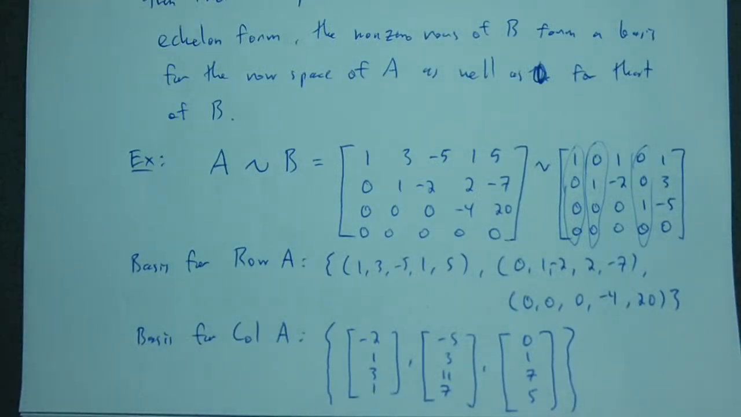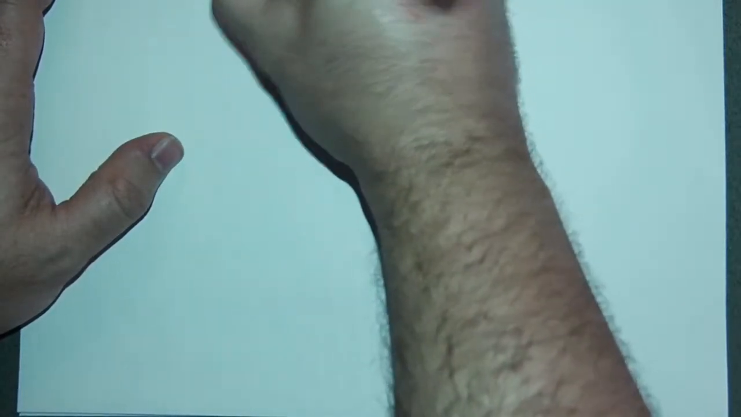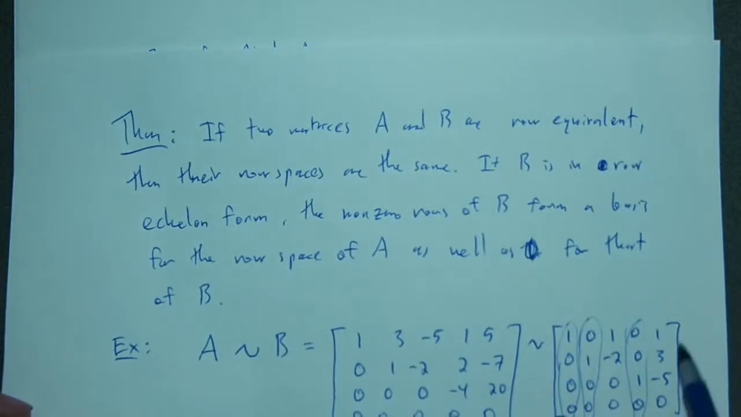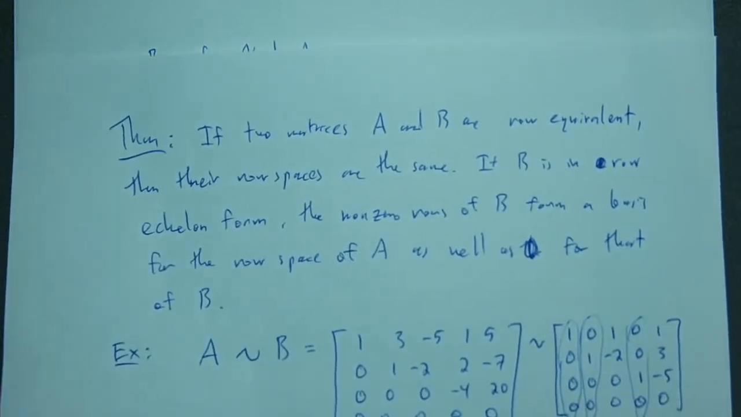Now, let's do one more. Let's go ahead and do the null space of A, just because. So what's a basis for null A? How do I find it? Well, as we saw, I had already written this matrix in reduced row echelon form, which lets me look at the equation AX equals 0, right? So AX equals 0